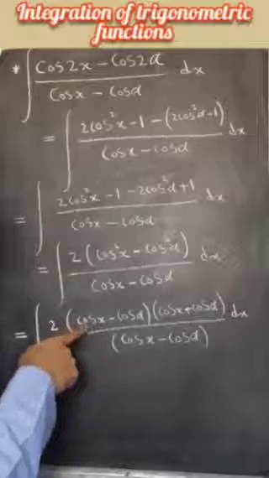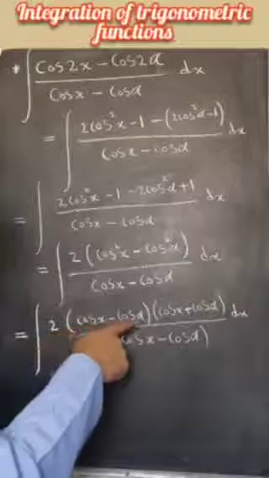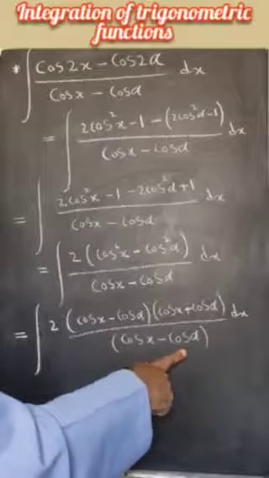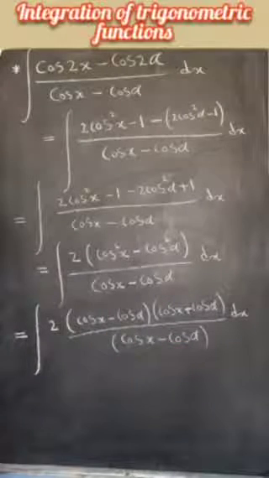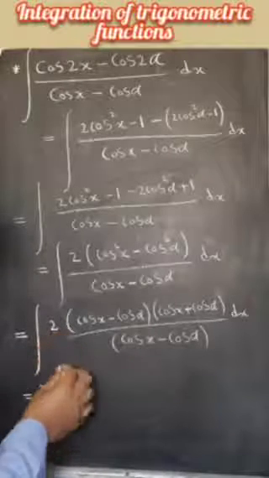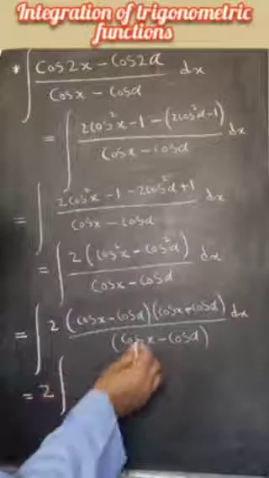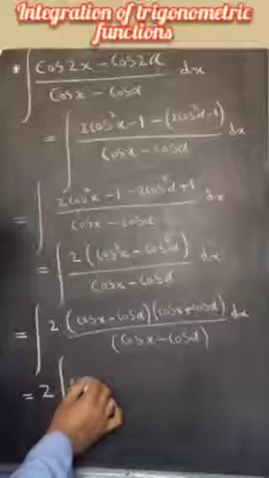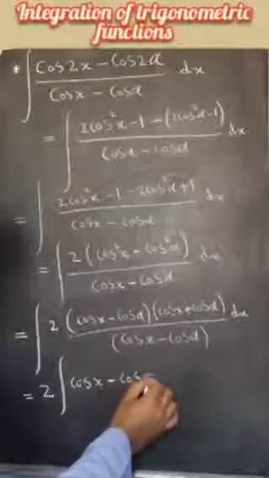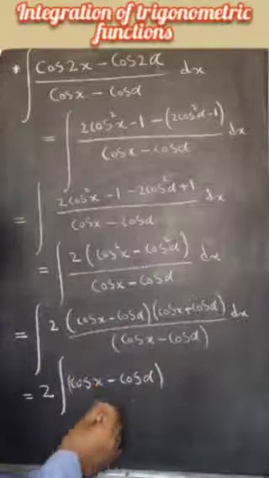Now in numerator we have cosine of x minus cosine of alpha, in denominator we have cosine of x minus cosine of alpha, so their quotient will be equal to 1. So we get 2 is constant. It is 2 times integral of cosine of x minus cosine of alpha dx,